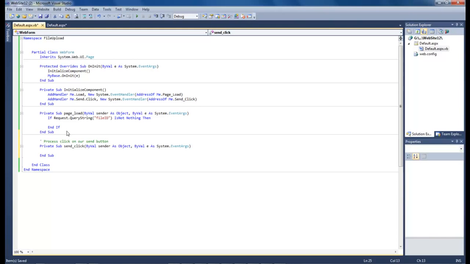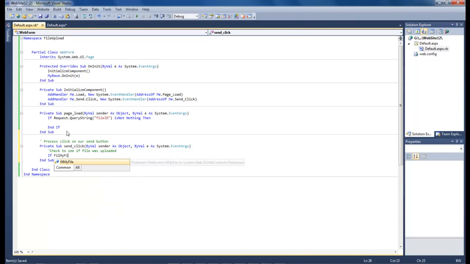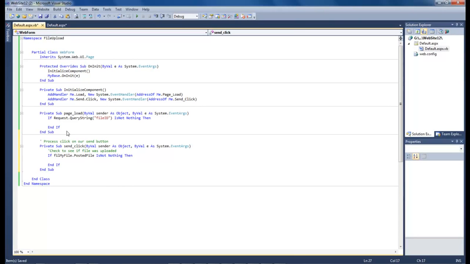Come down, and we want to check to see if a file was uploaded. Then come down, If FileMyFile.PostedFile is not Nothing, then